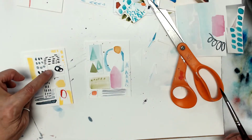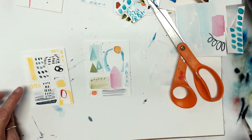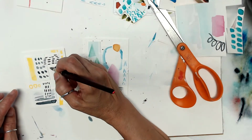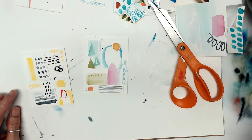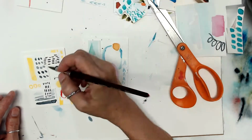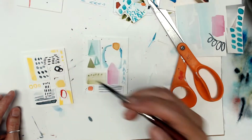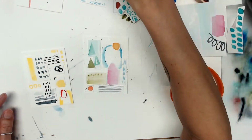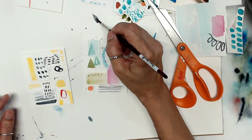I still feel like this is a little nude in there. So I might, again, the graphite would be a good thing. Or of course I could just do some other little mark making directly on that background paper if I want to. And my brush, I don't know. I think I was complaining about that same brush. The tip just has a little funky end on it. And so